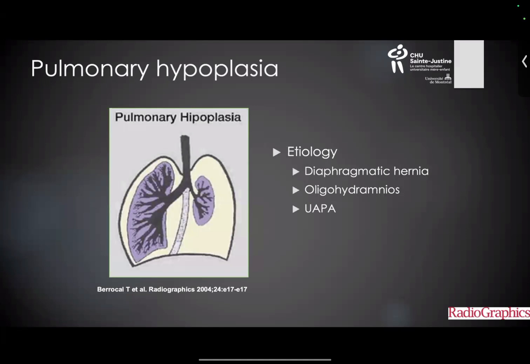So you can have a congenital one with just 1 or 2 lobes, but you clearly can have pulmonary hypoplasia, like I show you with already known diaphragmatic hernia, or a patient with oligohydramnios or anhydramnios in the prenatal state, who cannot develop their lungs because there was not enough amniotic fluid. And you can also have unilateral absence of the pulmonary artery. So you have only a lung that is irrigated by arterial supply from the aorta, which is not good for the lung. So